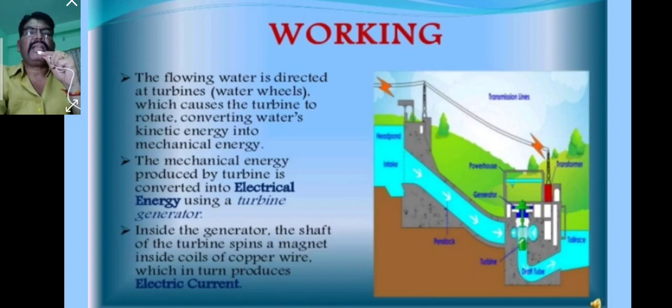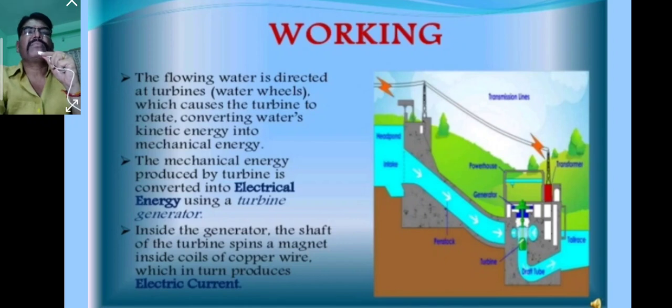The mechanical energy produced by the turbine is converted into electric energy using a turbine generator set. Inside the generator, the shaft of the turbine spins a magnet inside coils of copper wire, which in turn produces